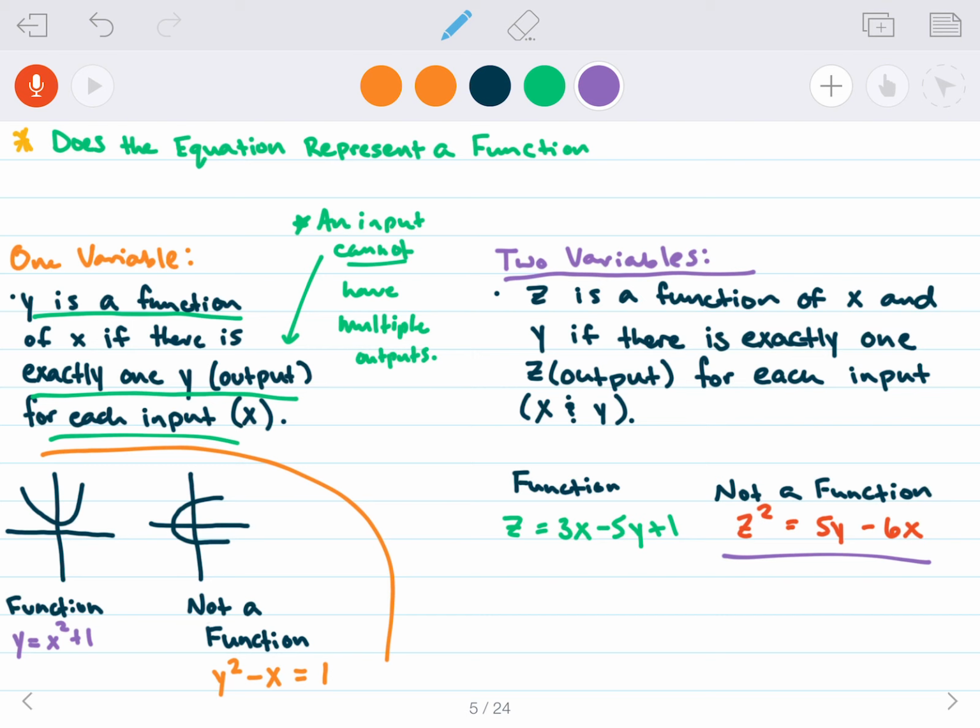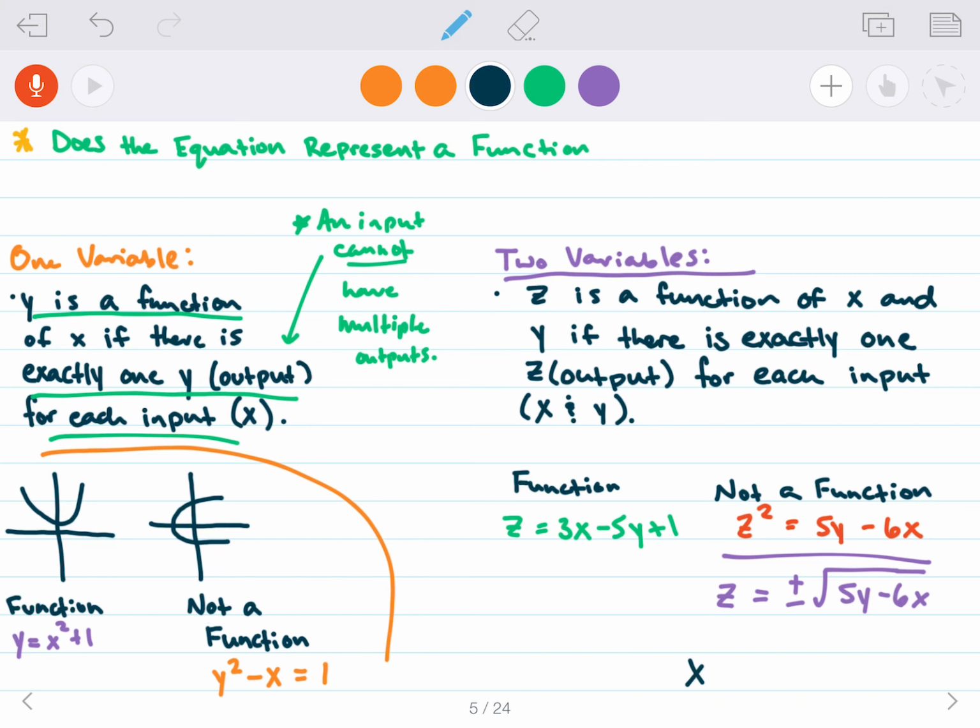Sometimes we do. And the reason is that if we solve for z in this case, we have to square root both sides of the equation. So when I solve for z, I square root both sides and I get z by itself is equal to plus or minus the square root of 5y minus 6x. And the plus or minus is the problem because, for example,